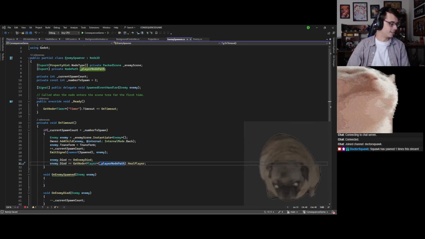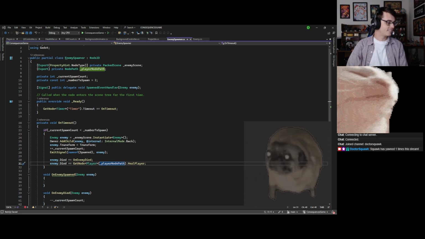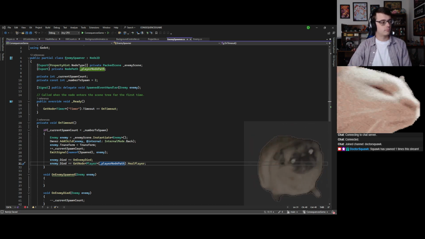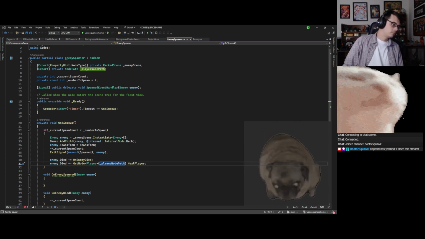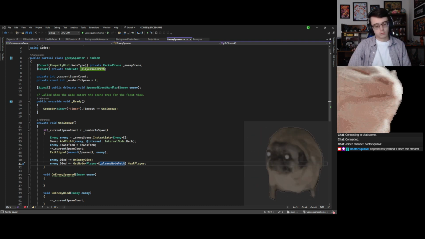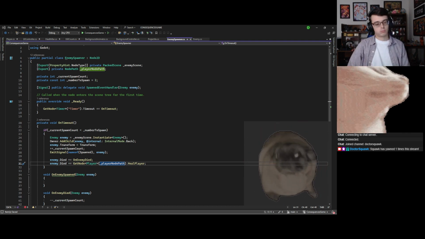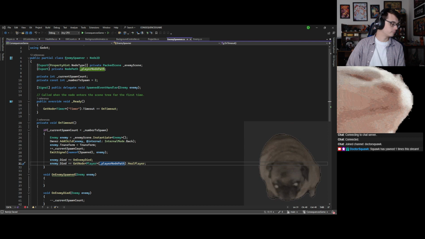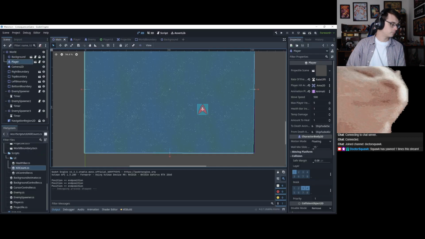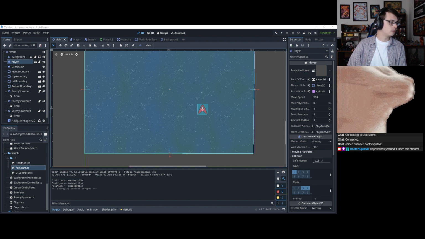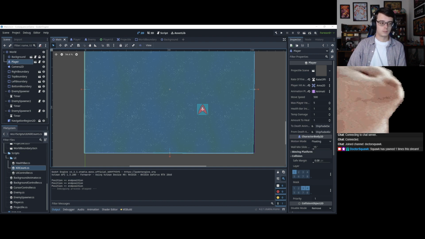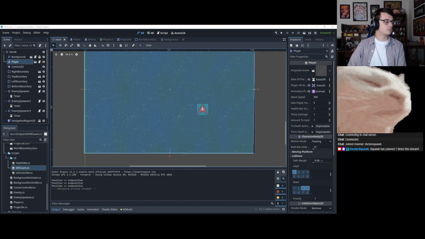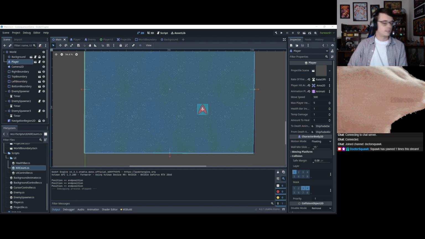Nobody could see that thing that I just did. Well, I don't know if you actually saw, the cursor now can be confined to the window. Yes, I did see. I noticed that I couldn't click outside of it easily. Do you know how you can get outside of it?